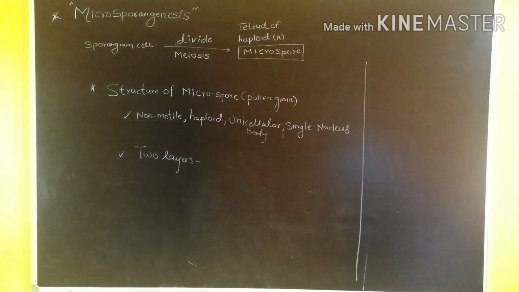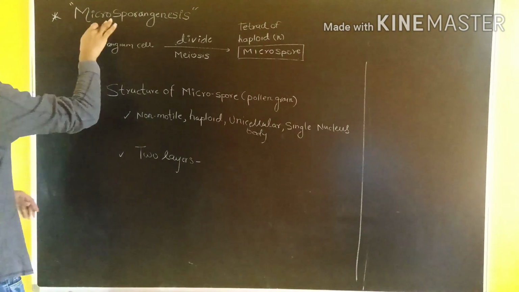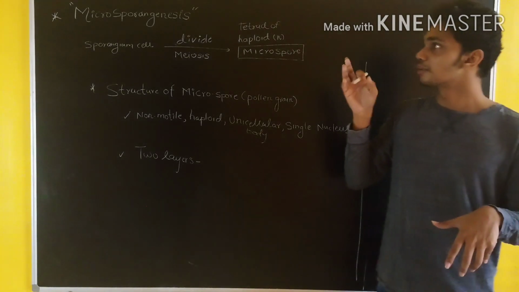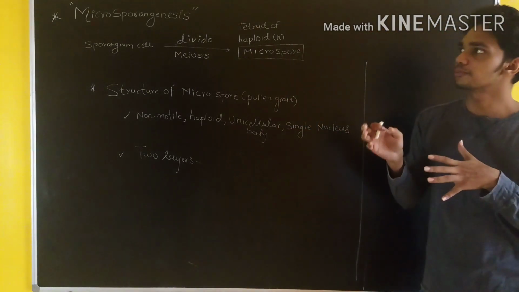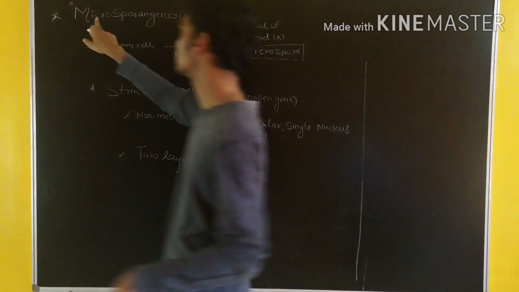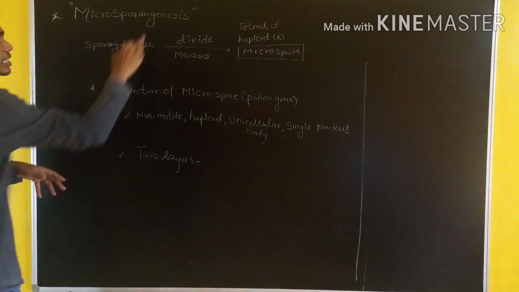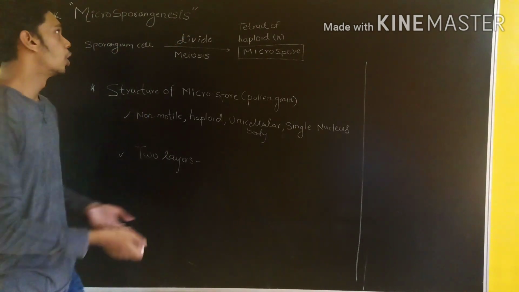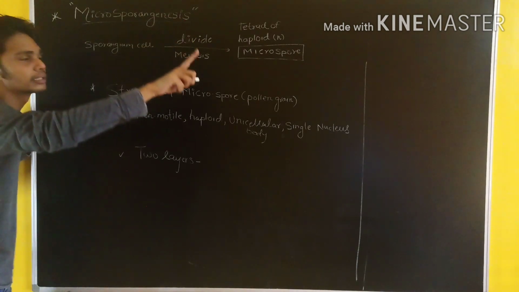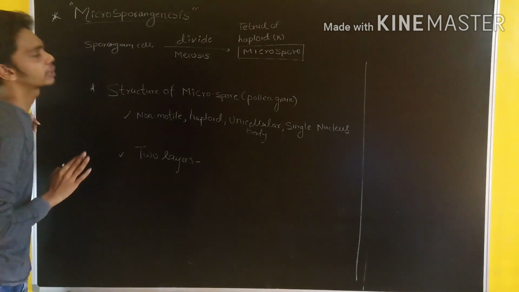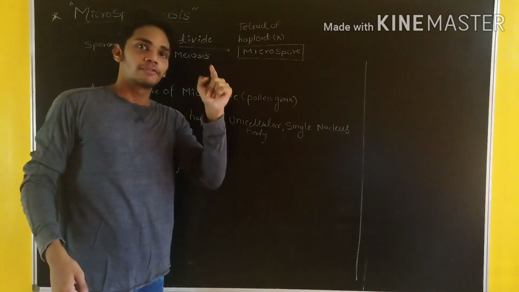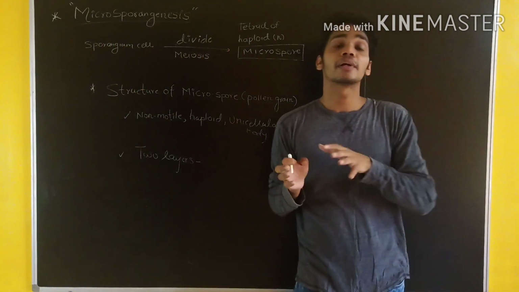Now let's study the process of microsporangenesis. Acha, when you talk about the male gametophyte, that is the androecium, whenever the study of the male whorl part of the flower comes, it's called microsporangenesis. Micro means little part, sporangius cell, genesis means synthesis or the formation of new. So microsporangenesis is nothing but the development of pollen grain. We have to study under this topic, microsporangenesis, and we further study megasporangenesis, the development of the female gametophyte.